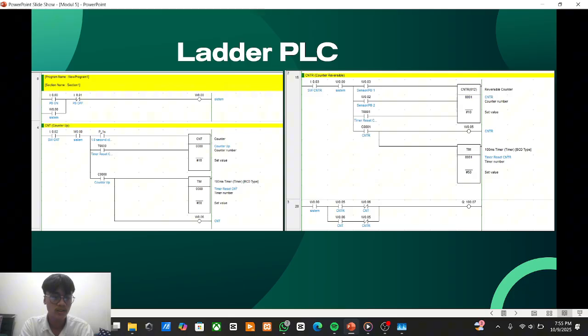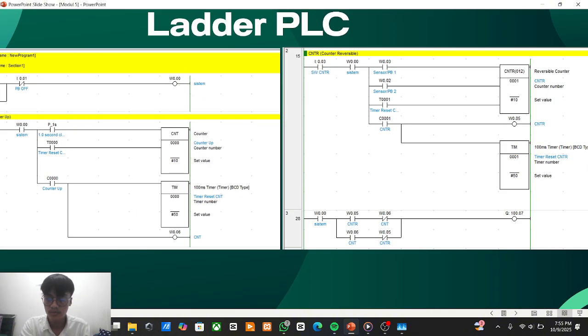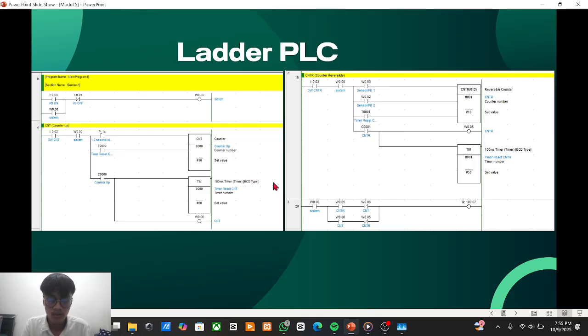This setup demonstrates the function of an up counter, where the count only increases with each signal input.